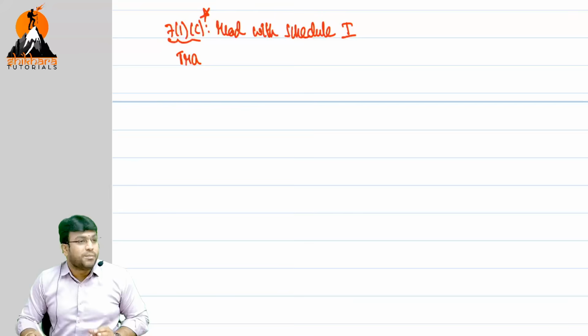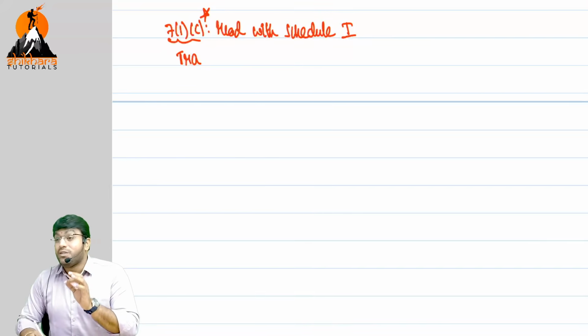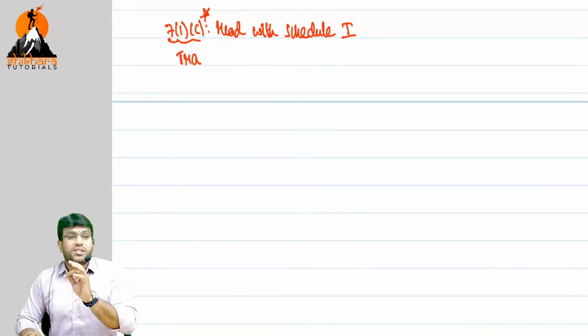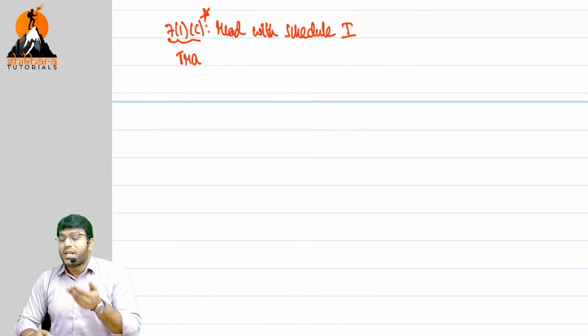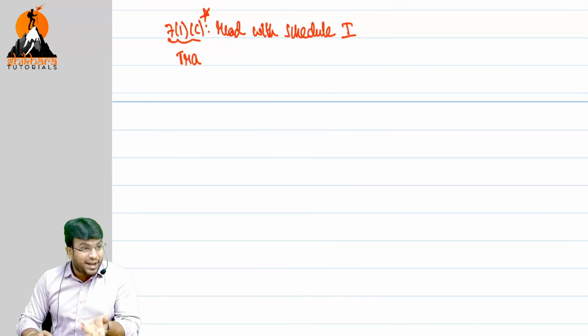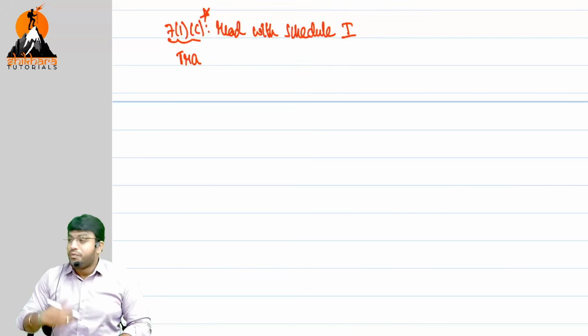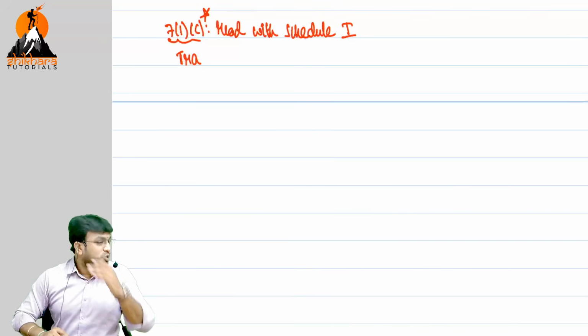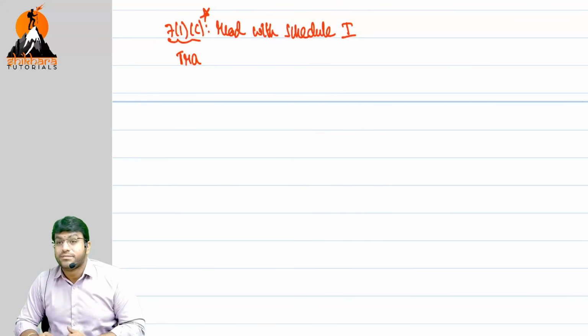Schedule 1 talks about transactions regarded as supply, even though there is no consideration. Schedule 2 gives clarity on what is goods, what is service. Schedule 3 talks about transactions which are neither regarded as supply of goods nor regarded as supply of services. If it is not supply of goods, if it is not supply of service, obviously what is the answer? GST will not apply. Correct, no friend?